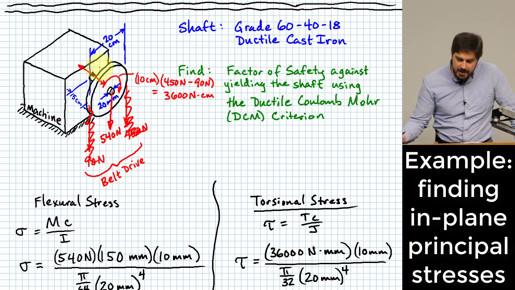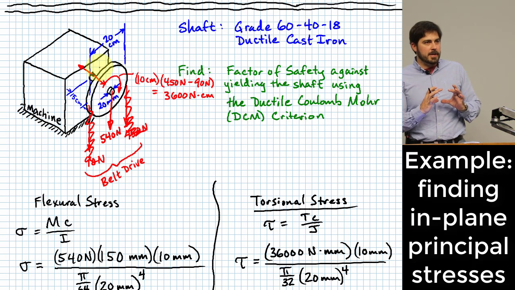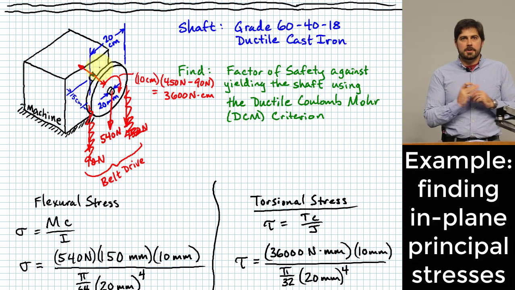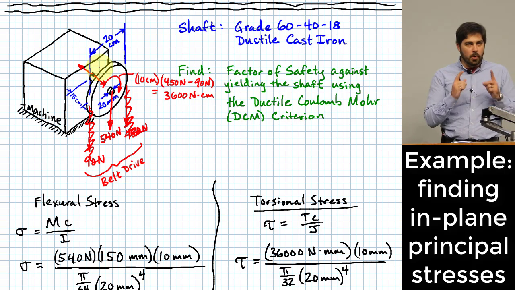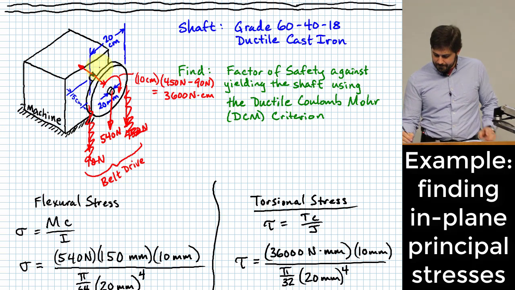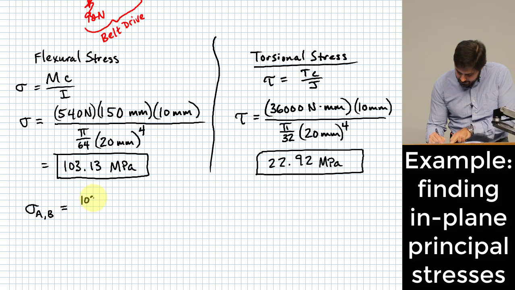We do not have any stress that goes in sort of the hoop direction around the outside, the perimeter of the shaft, okay? And then we will have a shear. So we have one component of normal stress and one shear. So that means that we'll put that component of normal stress right here, 103.13 MPa